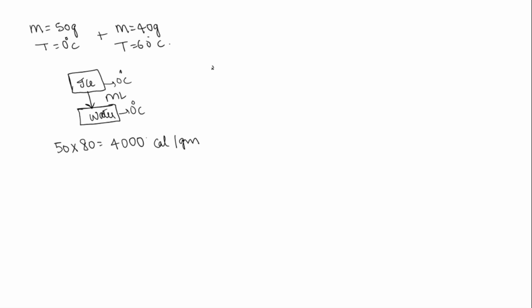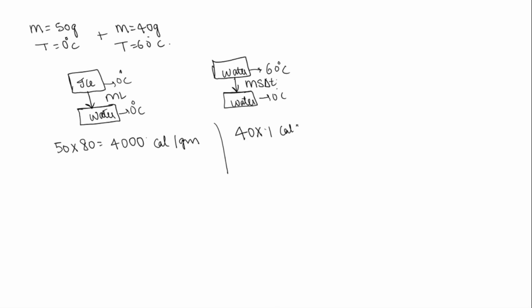Now let's take water which is at 60 degrees Celsius, and the amount of heat required to transfer water at 60 degrees to water at 0 degrees Celsius. So here the heat required will be m s delta T. So mass is 40 grams, specific heat of water is 1 calorie per gram degree Celsius. m s delta T, from 60 to 0, so delta T is 60. So this is equal to